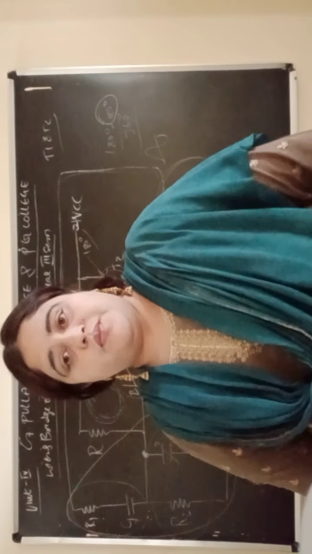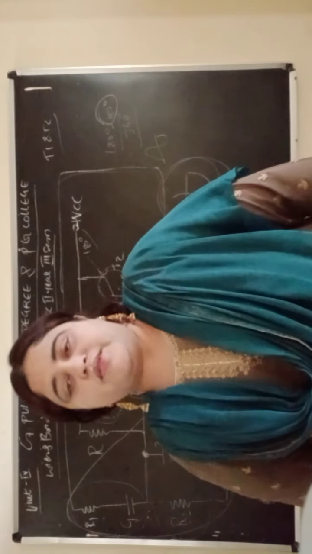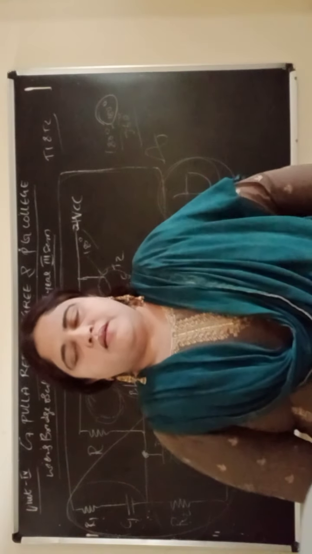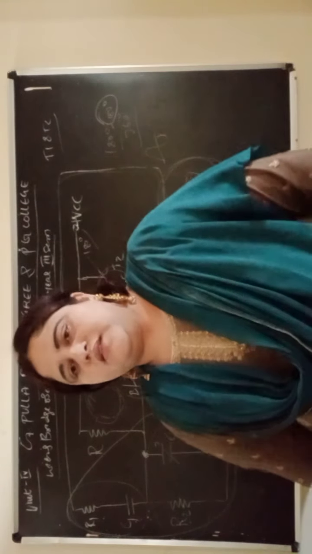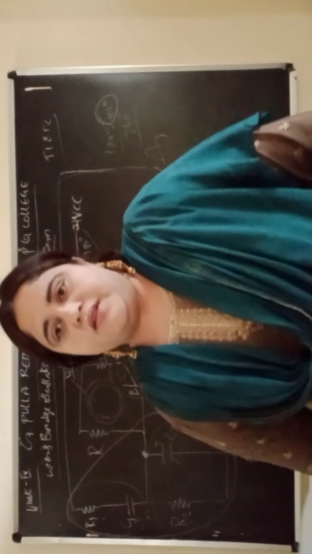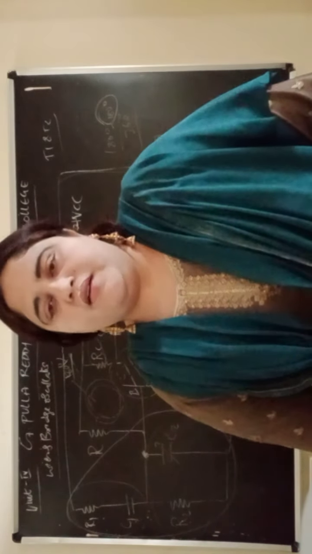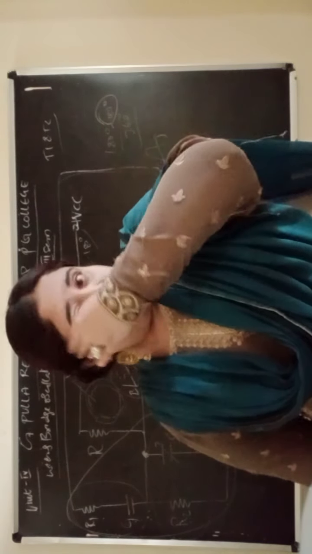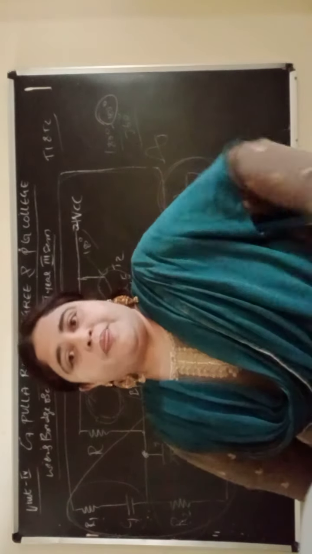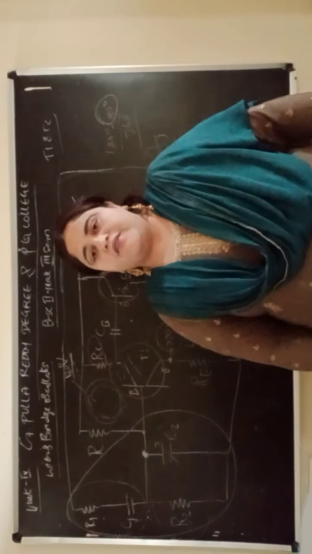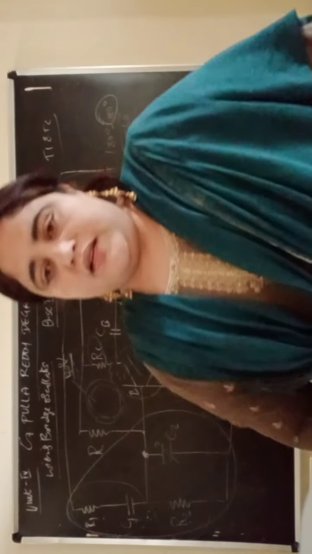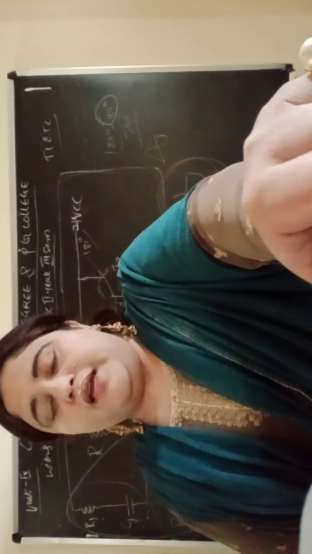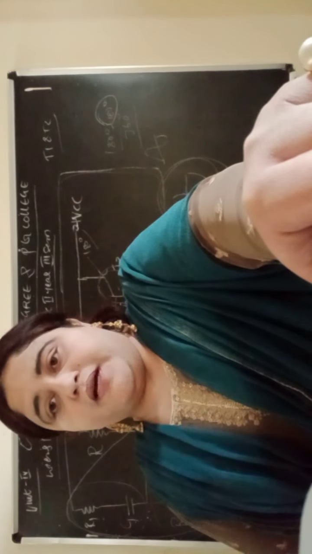Then we went for the Wien bridge network. In the Wien bridge network, we have seen it has two arms, upper arm and lower arm. Upper arm is in series and lower arm is in parallel. Then after that we went for the formula. In that gain formula, we wrote the impedance of the parallel combination by the total impedance. Then we calculated the value for that, substituting A as resistor and B as our capacitor.